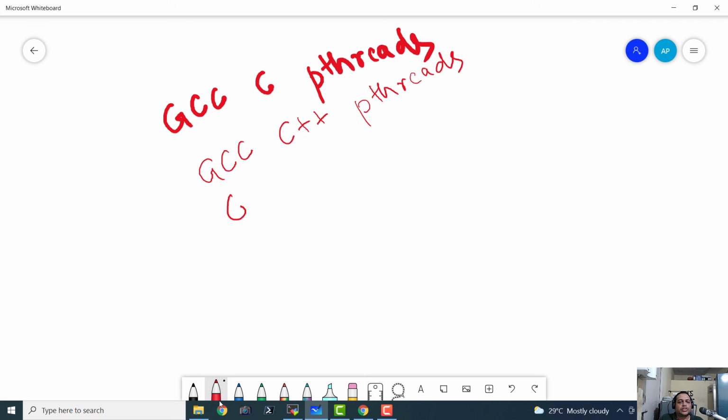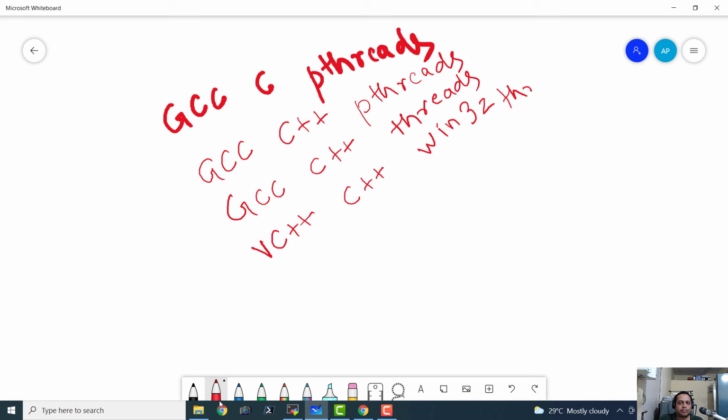We can also use the GCC compiler and C++ and native threads of C++. So they are just known as threads. We can also use the Microsoft VC++ compiler and C++ as programming language and Win32 threads.